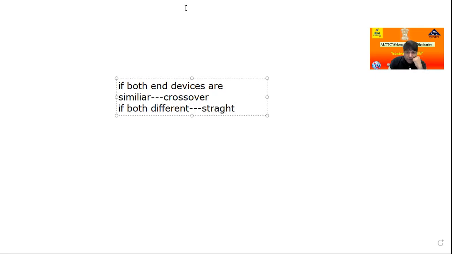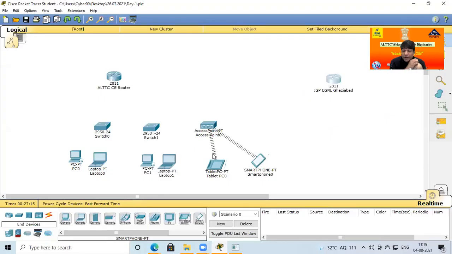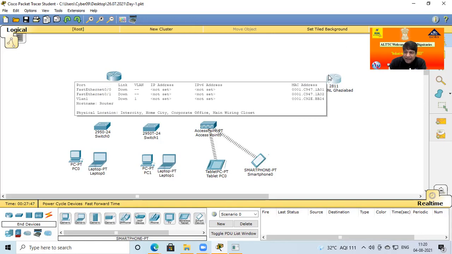Okay, so now directly go to Packet Tracer, and the question arises again in this network. Now we have 3 types of cable. One cable is the console or rollover cable, which is only for display, and the others are for communication purposes. We have 2 cables, straight cable and crossover cable. Now in this network, I want router to router connectivity. Which type of cable is required? Both devices are similar devices, so that means crossover cable.